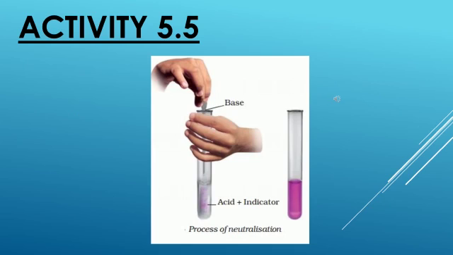So children, let us look into the activity to understand the concept much better. For this, we need to fill 1/4 of a test tube with dilute hydrochloric acid. So we are taking one test tube, and in 1/4 of this test tube we are filling acid. Which acid? It is dilute hydrochloric acid, that is HCl. Now we need to note down the color after adding hydrochloric acid.